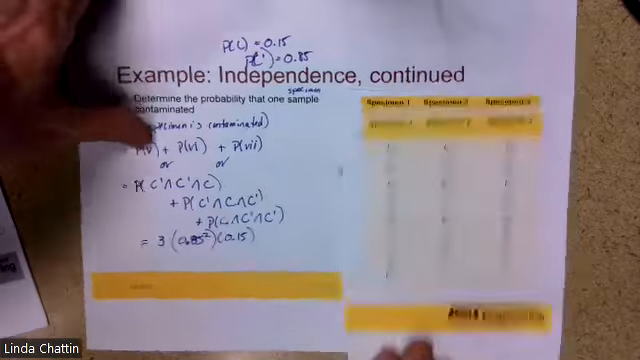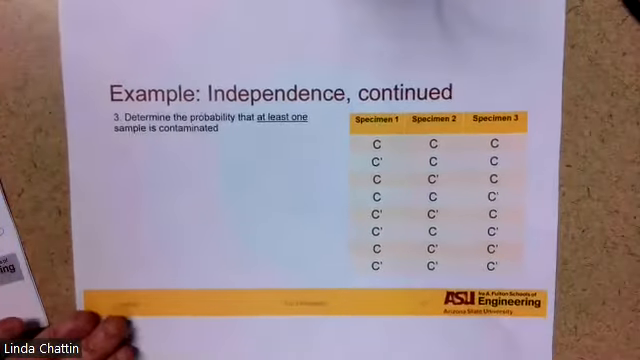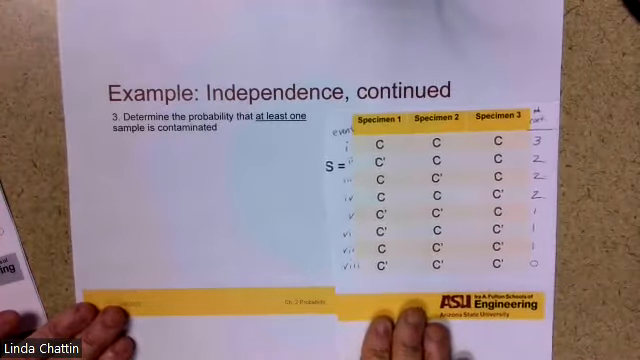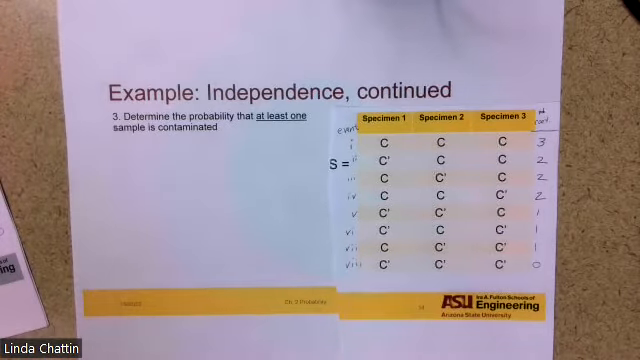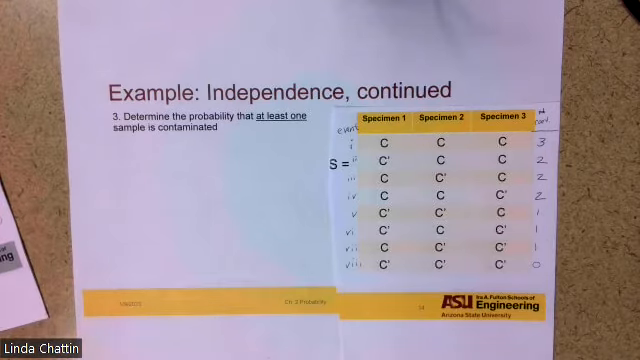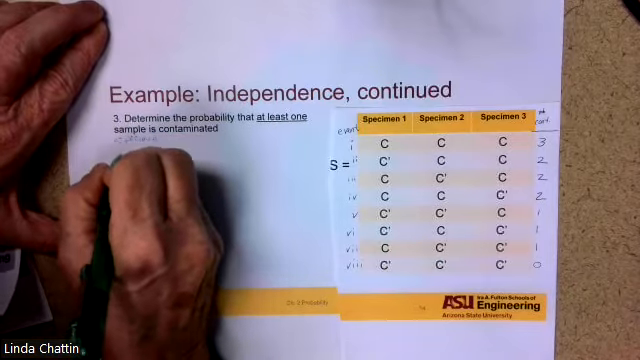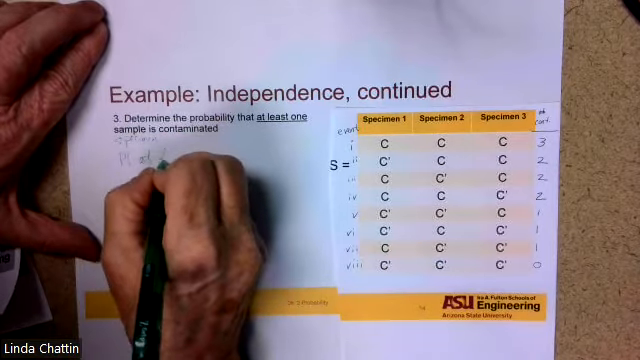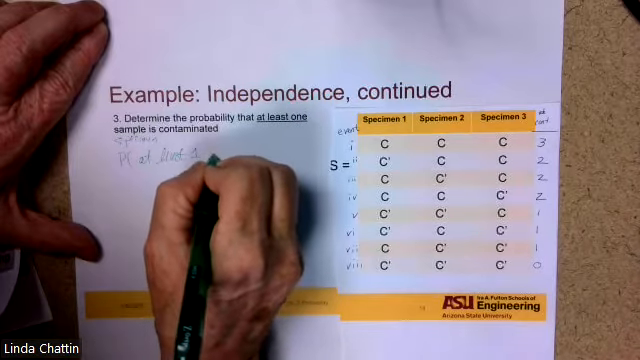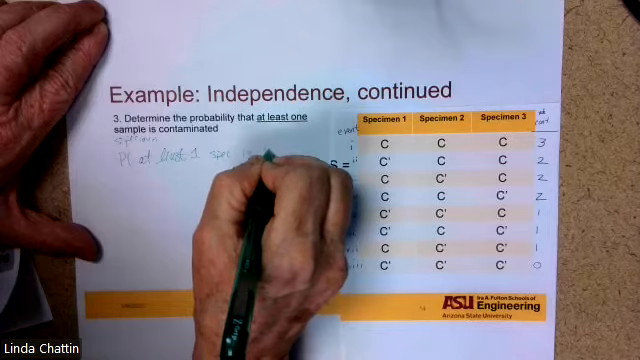Then lastly, again, I'll just do this overlay here. Determine the probability that at least one sample is contaminated. I think I'll use a different pen for that one, mix it up a little, more creative color here. Let's see if green shows up. So again, this should probably say specimen. So the probability that at least one specimen is contaminated,